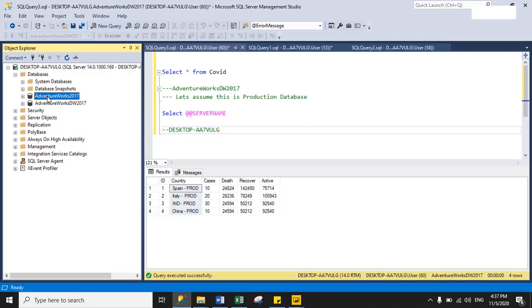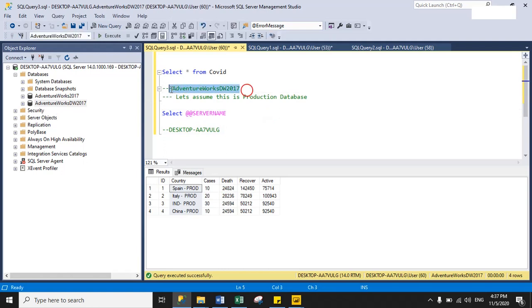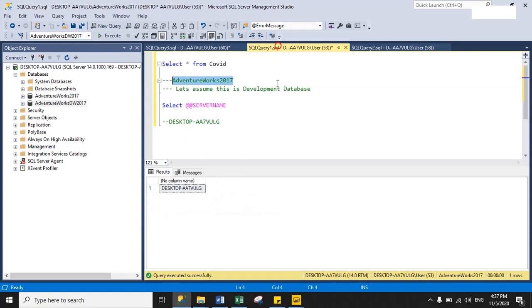So AdventureWorks 2017 I will use as my development database, and AdventureWorks DW 2017 I will use as my production database. As you see here, this is my production database, let's assume. And in the next window, this is my development database details, AdventureWorks 2017.